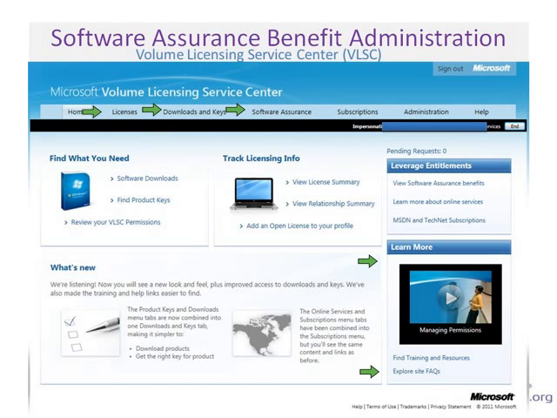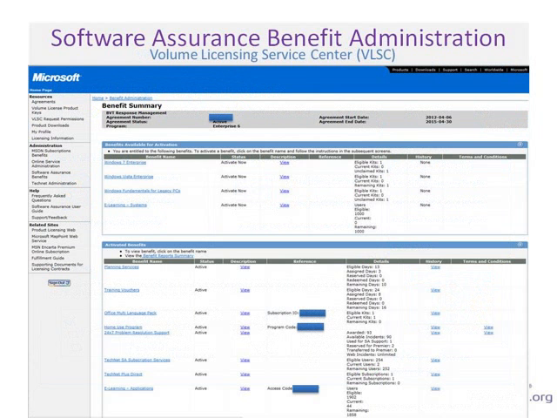Yes. So now I'm just jumping into the software benefits administration screen, and don't worry if you can't read everything on here. This really is just supposed to show you the concept. Right here you get the list of all of the benefits that you're entitled to, including the details of like how many entitlements you have, how many seats for e-learning you're holding, for example, how many Office Home Use Program, called HUP, you're entitled to, and all administrative information that you need, program codes, keys, download sites. If it's, for example, a version right that you have, you get the download site here as well directly.